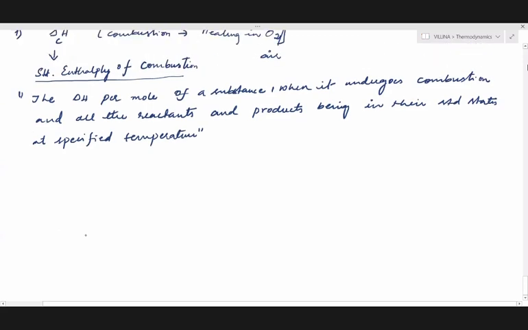So at that condition, whatever the reactants we are considering here, we will allow it to undergo a combustion reaction. Combustion reaction means simple burning in air or burning in oxygen. Then whatever the products we get, even those have to be in their own native state. There should not be any other compound. So if you take an example of natural gas containing butane, C4H10, when it is allowed to undergo combustion in presence of oxygen, it's a hydrocarbon, we will get carbon dioxide and water released.